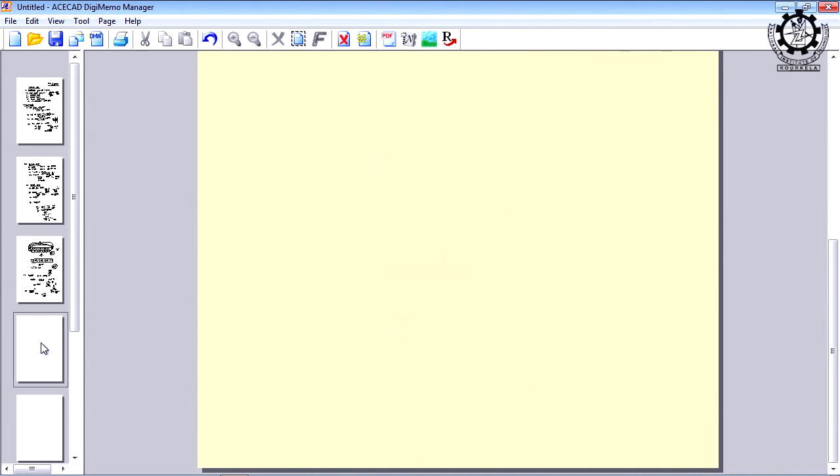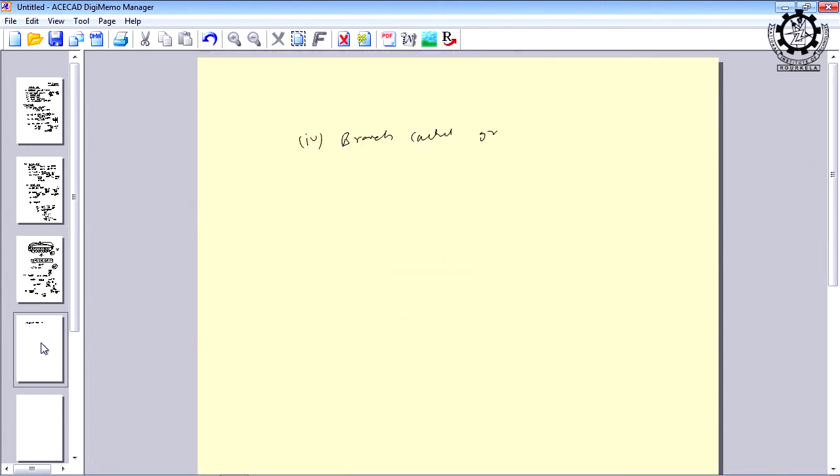So, next is the branch control group, and this is the most vital one, where a lot of confusions are there, and you have to use these instructions judiciously. Here there is a challenge: if you do not use it properly, it may lead to more instructions. If you write jump on not 0 in the place of jump on 0, probably you have to use more instructions. So, therefore, you have to see what branch control instructions are available.